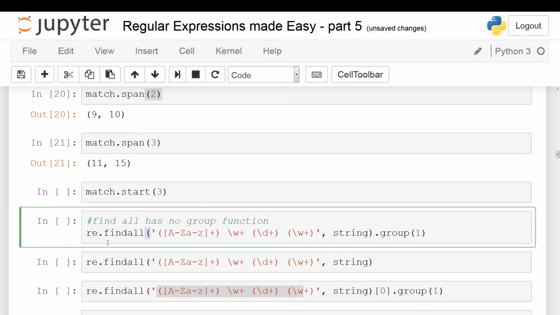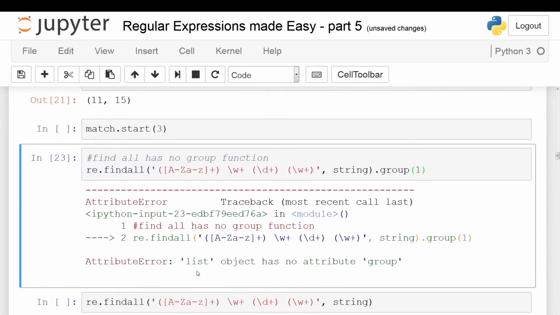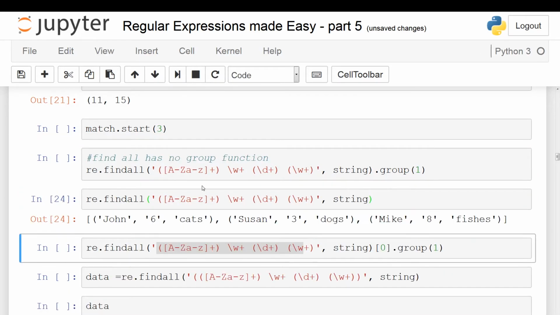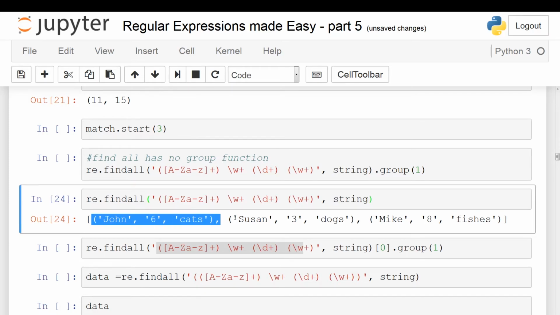So here I'm just going to show you the same thing with findAll, but we just can't do it. So findAll has no group function. So I have 3 groups here with findAll. If I want to pull out group 1, can't. I get an error. List object has no attribute group. Okay. So now I'm just going to actually run findAll again and show you that we actually have 3 items